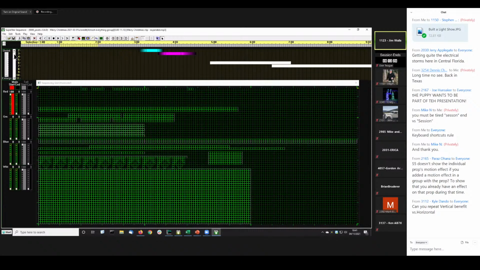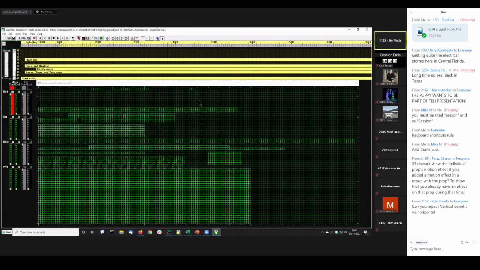And there's actually a little bit of a history of why I do it that way. So all these groups down here, they all go onto a layer. So you've got the star, you've got the eaves of roof line, and I standardize on that. Every single sequence puts all of these layers in exactly the same location. That's why there's a couple of gaps. I'm not using the arches, which would normally be layer 35, and I'm not using the planter, which is layer 39. Not only do I put those always in the same layer,